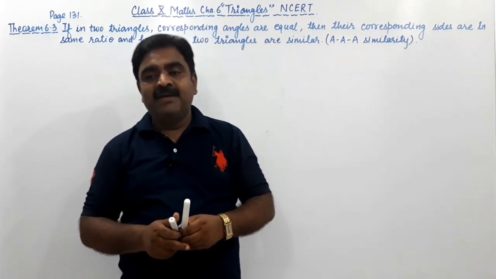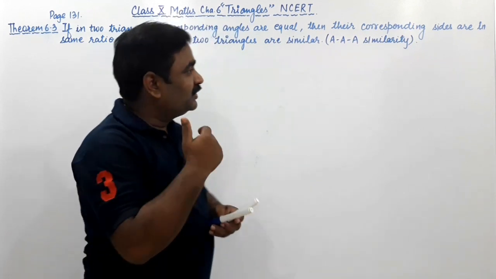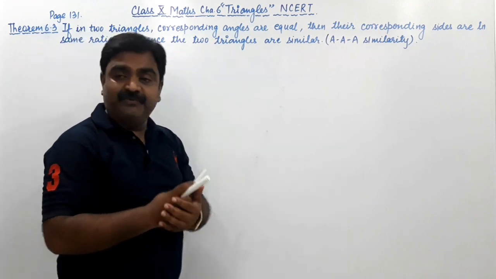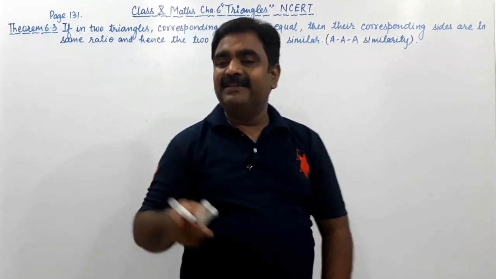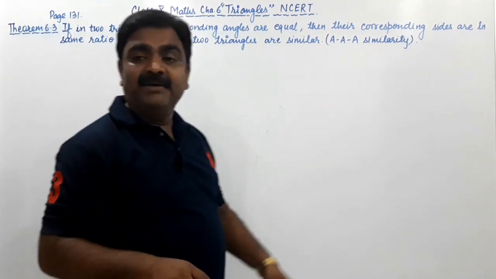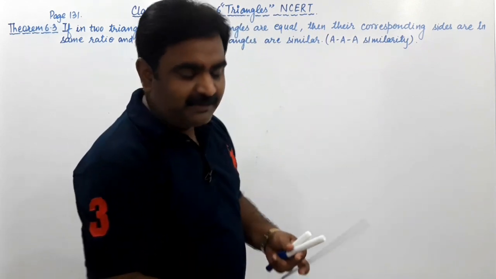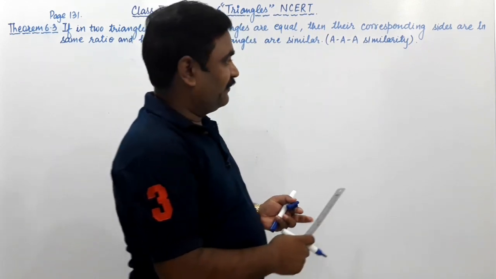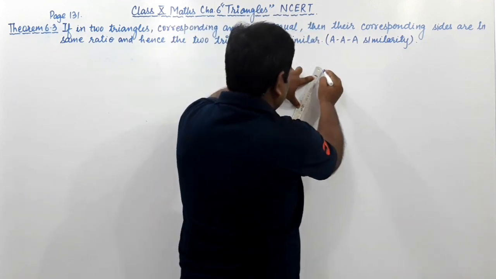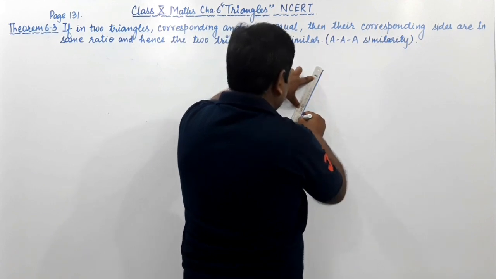Afterwards we have to draw the figure to prove this theorem. To prove this theorem, first we take two triangles, which is discussed in this question. What is given? In two triangles. So first we have to consider triangles. So let's draw two triangles, triangle ABC and triangle DEF. Okay. So let triangle ABC be this one. Triangle ABC.